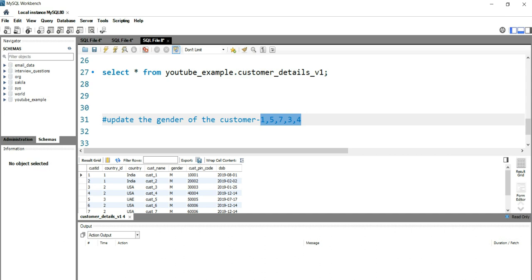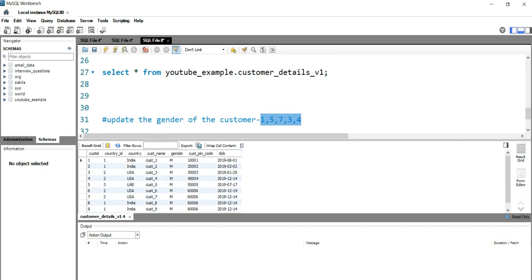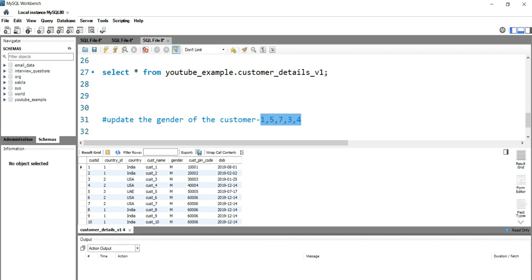Before we write the query to update the table, you have to be sure about two things. The first thing is that you have to write the where clause with the update query to update the selected rows, otherwise all the rows will be affected. When I say all the rows will be affected, it means all of these 10 rows present in our table will get affected, and everything will be changed to female if we do not put the where condition. The second thing is that you have to specifically point out the column in which you want to update the value.